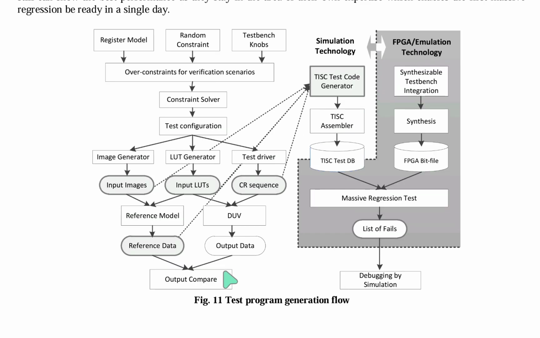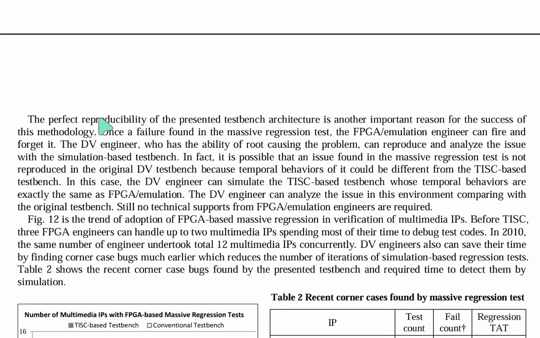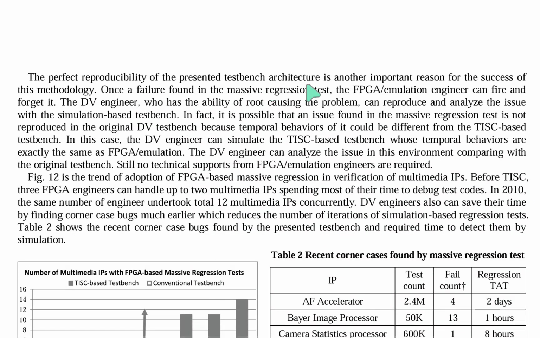Figure 11 is the test program generation flow. The perfect reproducibility of the presented testbench architecture is another important reason for the success of this methodology. Once a failure is found in the massive regression test, the FPGA emulation engineer can fire and forget it. The DV engineer, who has the ability to root-cause the problem, can reproduce and analyze the issue with a